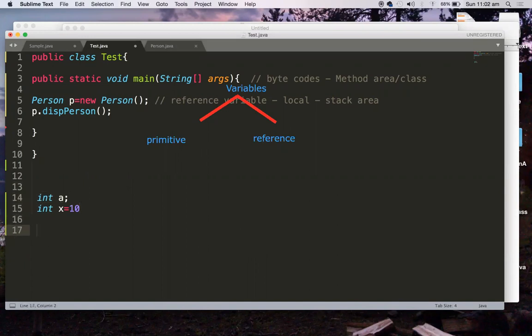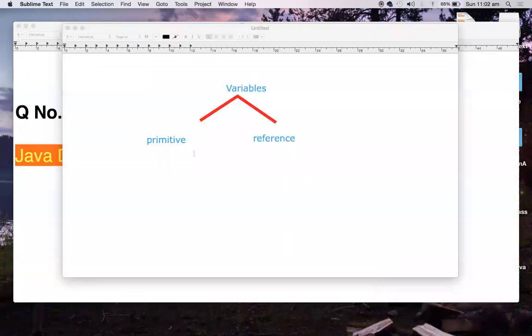As another example, String name equals Java. So name is a variable and it is associated with its type, String. Any variable when declared will always be associated with a data type.